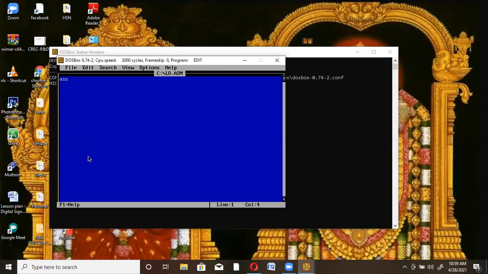So the first command is assume code segment. For that I'm using assume cs colon code. Once we type cs, then we have to give the expansion. What is the expansion of cs? Code segment. What is the third step? In C language, we open void main open brace. Like that in C language, we have to use.